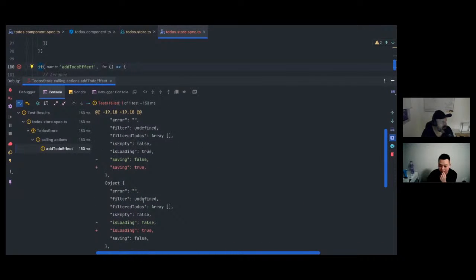So we're interested in these two and why we have loading true and saving false, and at some point we have loading false and saving true. Yep. So isLoading true is when we set the status to loading, and that is because of the toApiResponse operator. And when that happened, we call the loadTodos effect again, and loadTodos effect will call the updateTodos, and then updateTodos will set the saving to false regardless. Right. Which means,